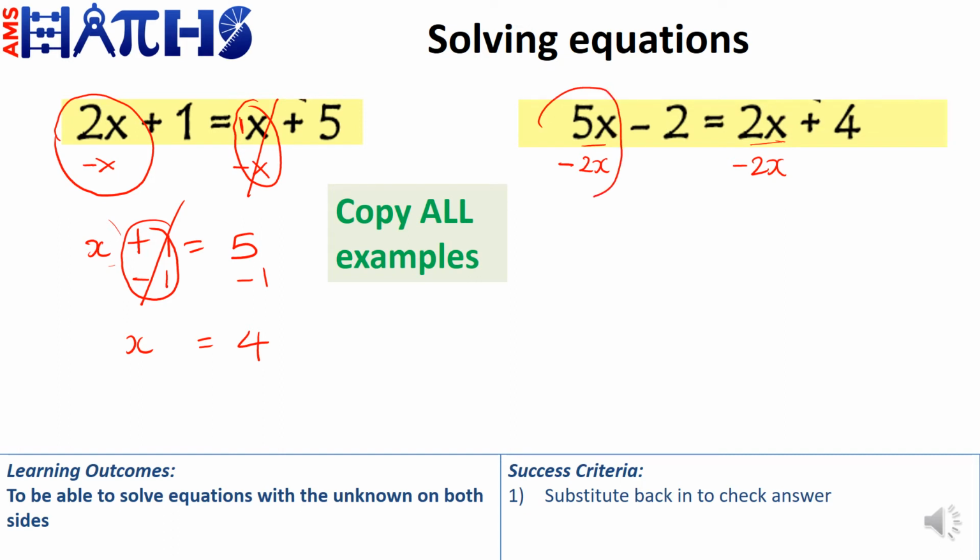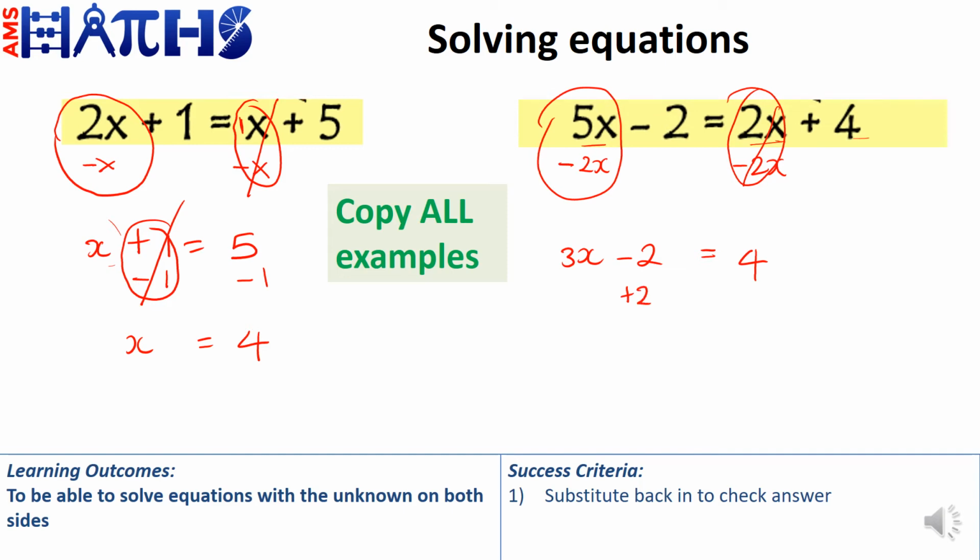So we can now work out 5x minus 2x gives us 3x. We haven't interfered with the minus 2, so we write back minus 2. Then on the right, 2x minus 2x is 0, so we're just left with the positive 4 on the right. Then we are going to solve 3x minus 2 is equal to 4, so we will add 2,